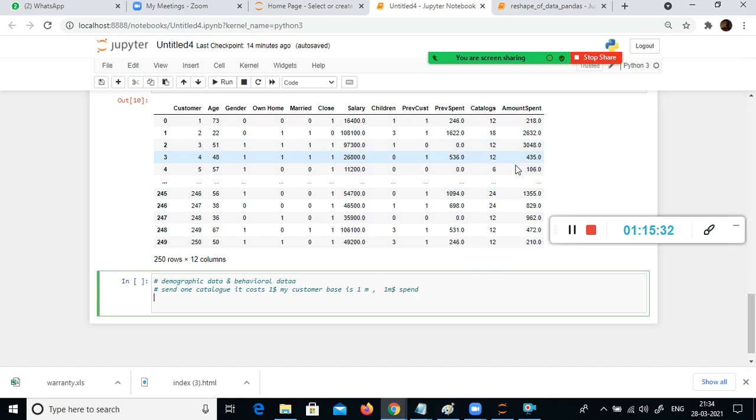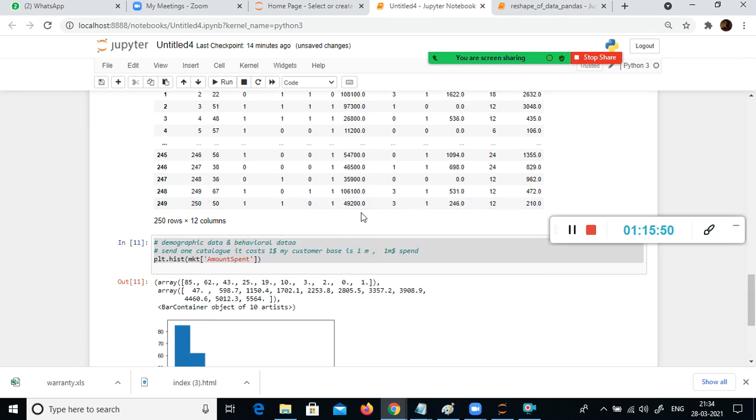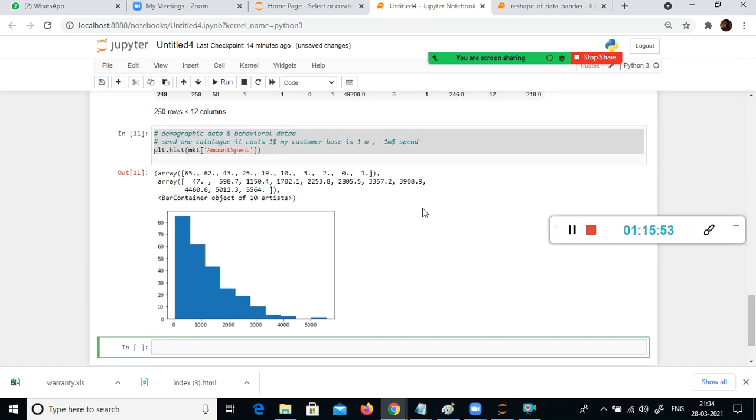Now we have catalog, amount spent, all the values here. So now I'm going to plot a histogram, using the plt.hist function on the amount spent of MKT. Let us see what is happening. What is your understanding here?